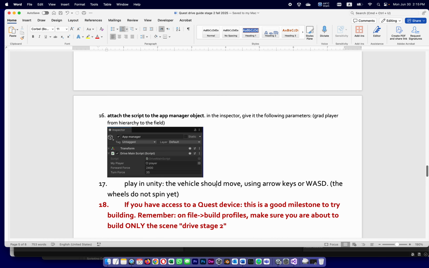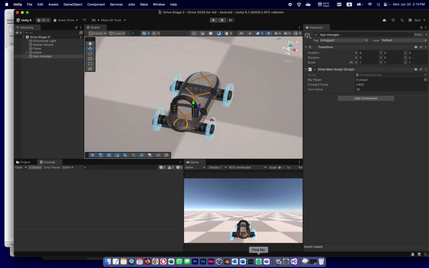At this point, if I go back, play in Unity, the vehicle should move. Use arrow keys or WASD because I'm on a keyboard. The wheels don't spin yet, but the car does move. Let's see if I forgot anything. So if I play,